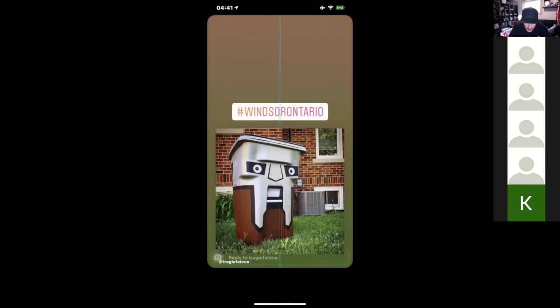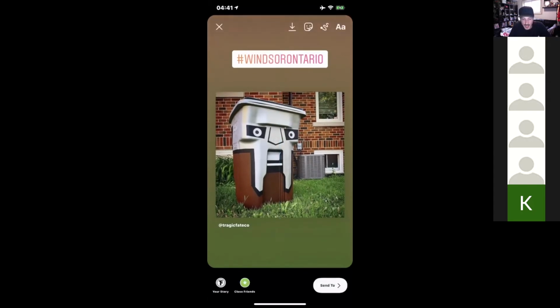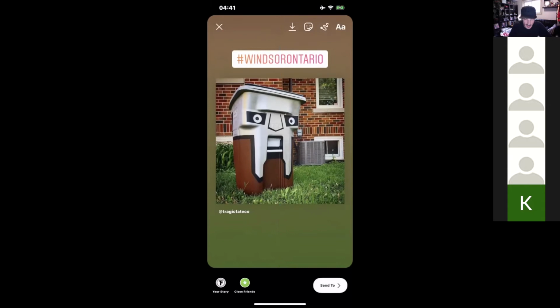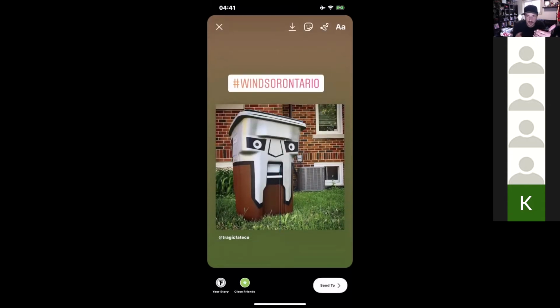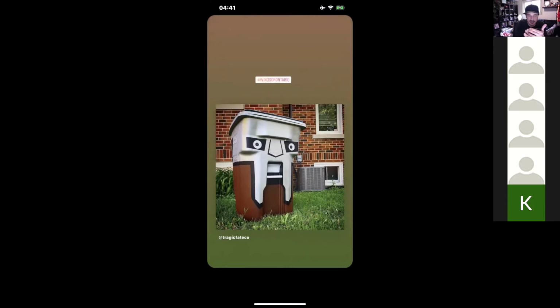But here's the thing. Maybe I want to hashtag this with like 50 different things so that I can get it out to a lot of different places and a lot of different hashtags, but it starts to look tacky, or your image is covered with these. Something that people don't realize about hashtags is that you can actually shrink them.